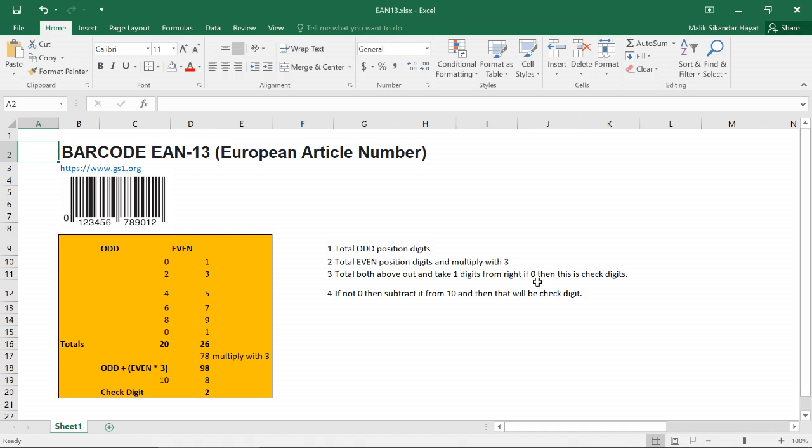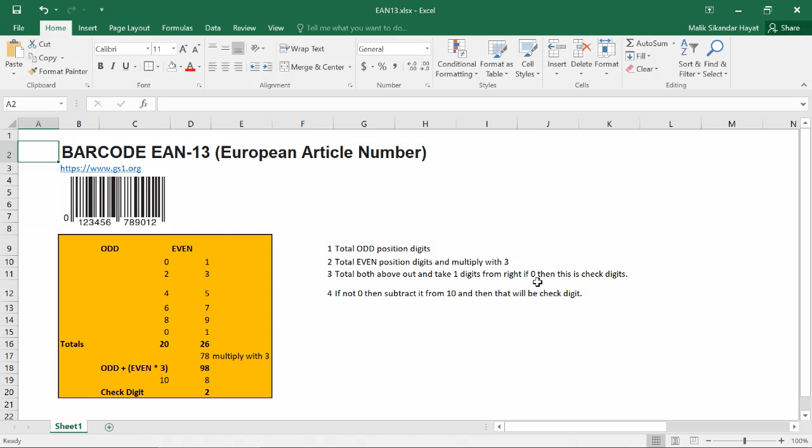At POS retail level, packing, shipping, everywhere barcodes are used, and accuracy without barcodes would be very tough. So I'm trying to share knowledge on barcodes, so everyone should be aware of it. Whether you use it or you don't want to use it is something different, but at least the concepts should be clear.